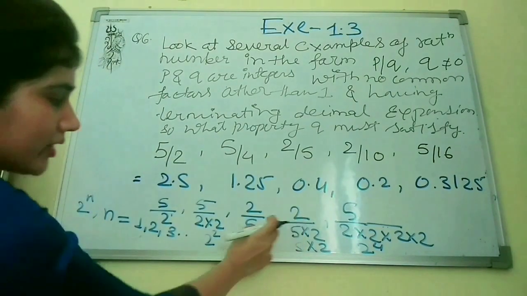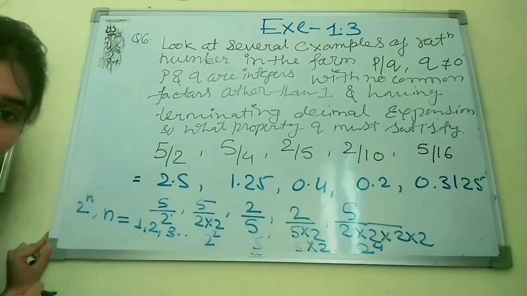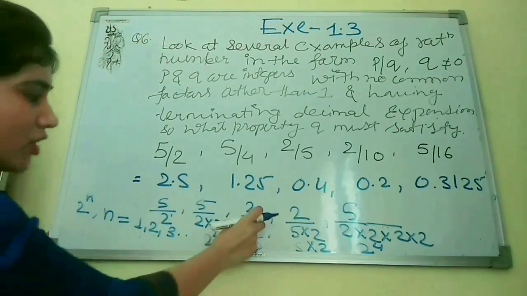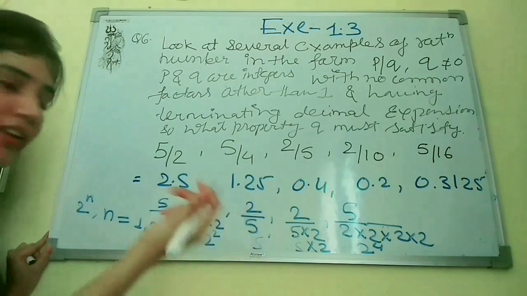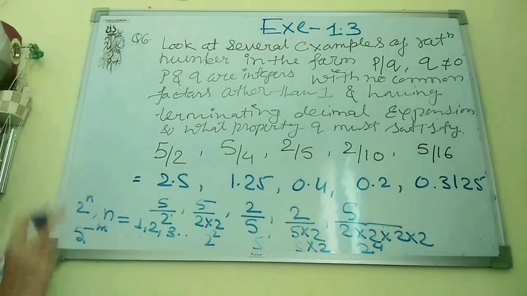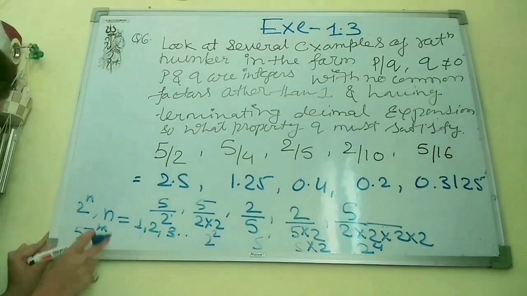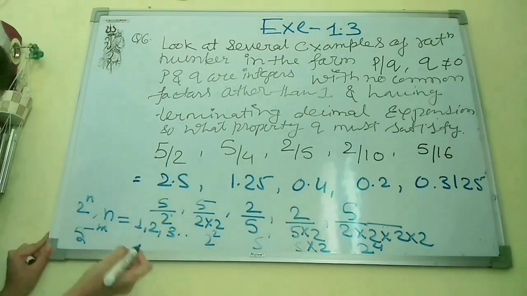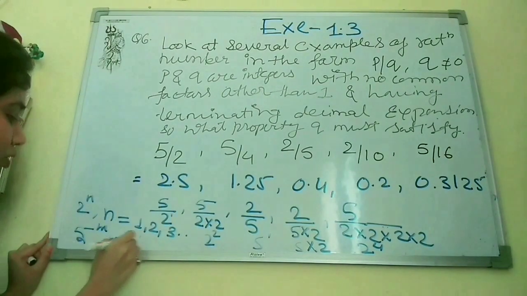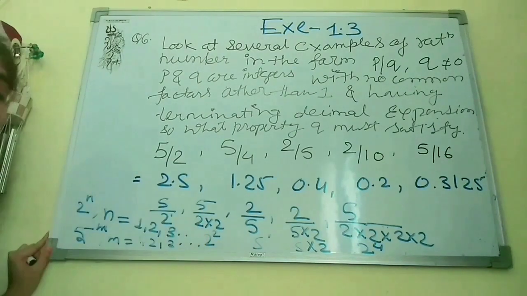And in this question you are seeing that 5 also has a power. It is also in the form of 5 to the power m. It should satisfy two conditions. One is 2 to the power n. q must have 2 to the power n or 5 to the power m, where again m should be any positive integer like 1, 2, 3, right?